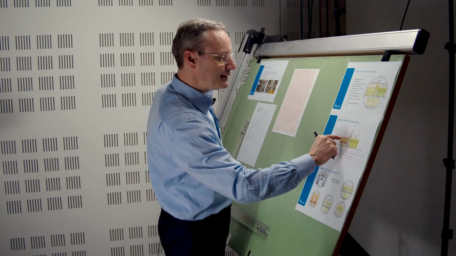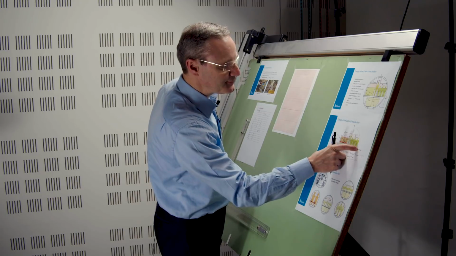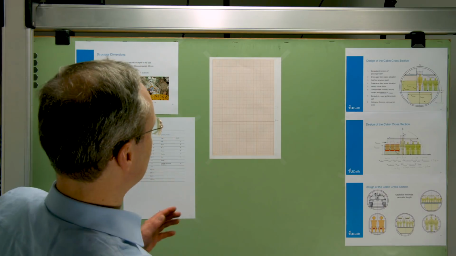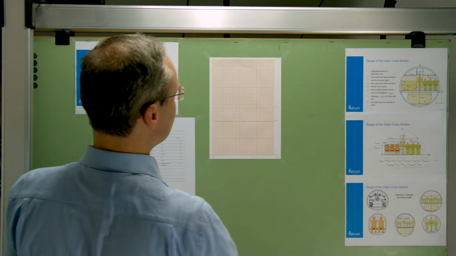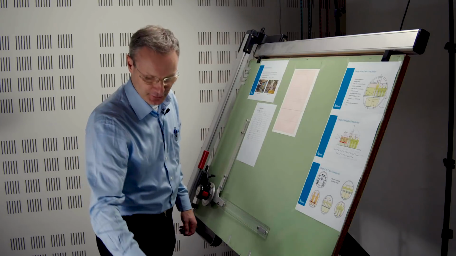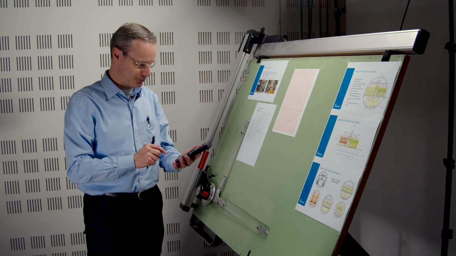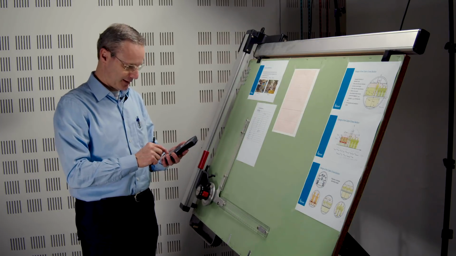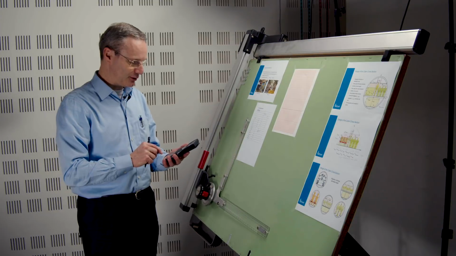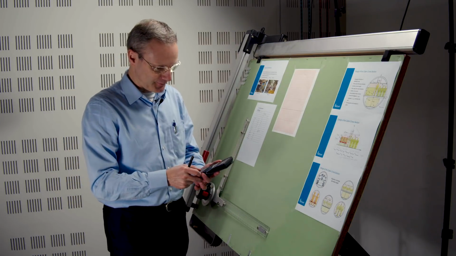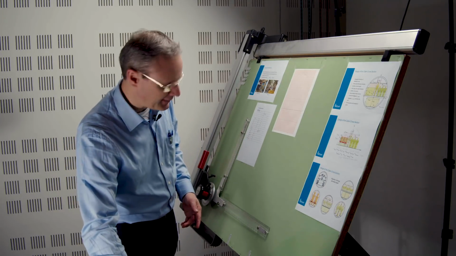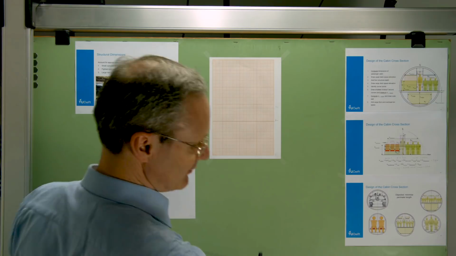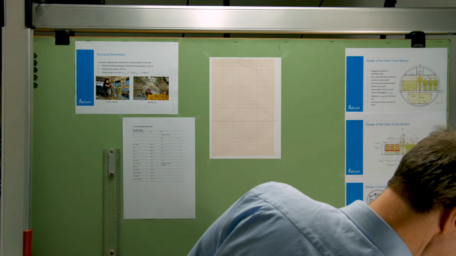Then we need the width here, and there we need the 3.19 meters. So what I'm now going to do is make a block, a rectangle, on the floor, which is 3.19 meters wide. Again, using the scale of 1 to 25. So 319 centimeters divided by 25 is 12.76 centimeters. So I need a space of roughly 12.8